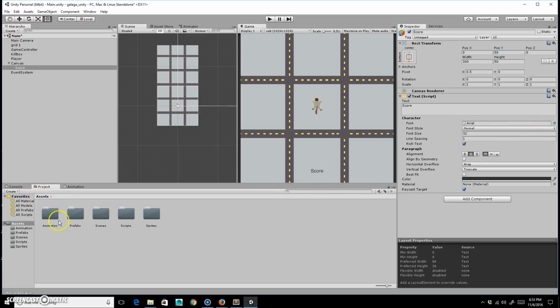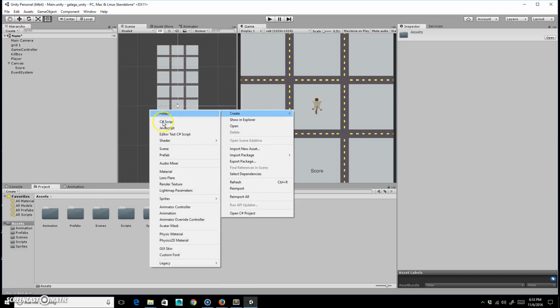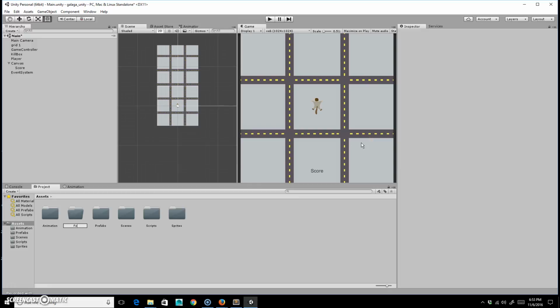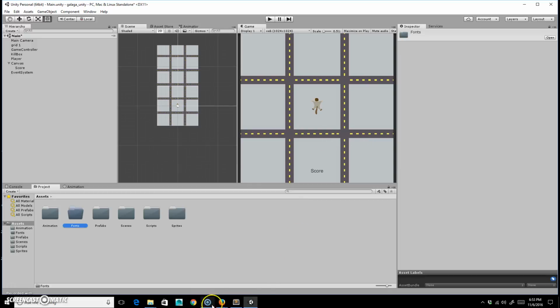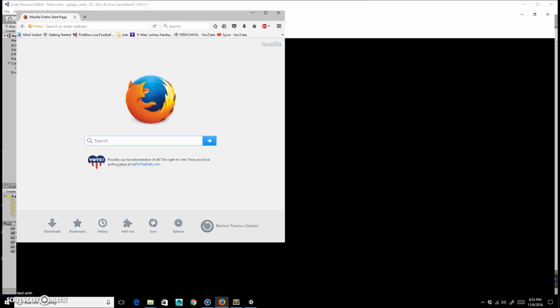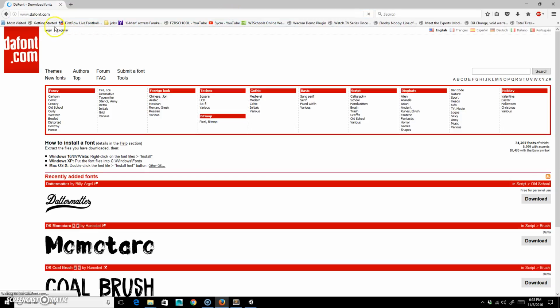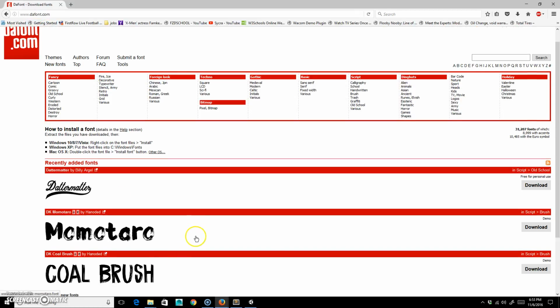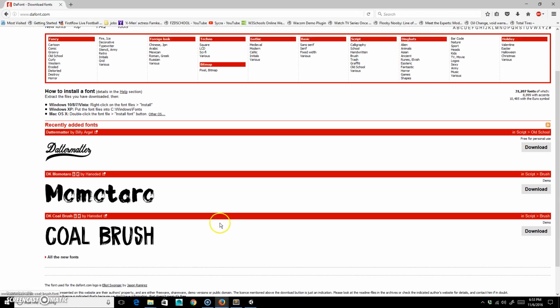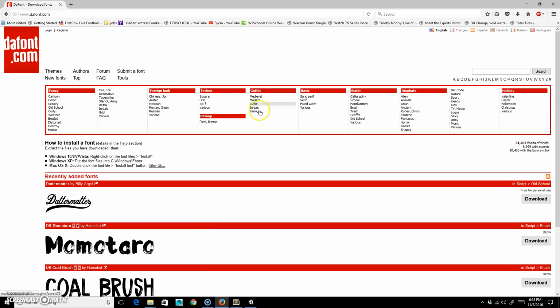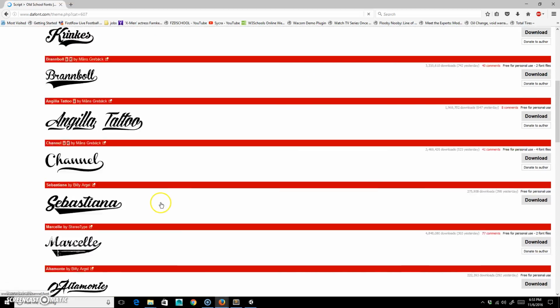It's kind of ugly. So what I'm going to do is I'm going to make a new folder, create folder, and we'll call this fonts. And then I'm going to go on the interwebs here, and I will type in dafont.com, DAFONT.com. And I'm going to find a font I like for what I'm doing. So there's all sorts of different fonts here. Let me see, I'm doing like kind of an old school, so let's do old school, and it's got to